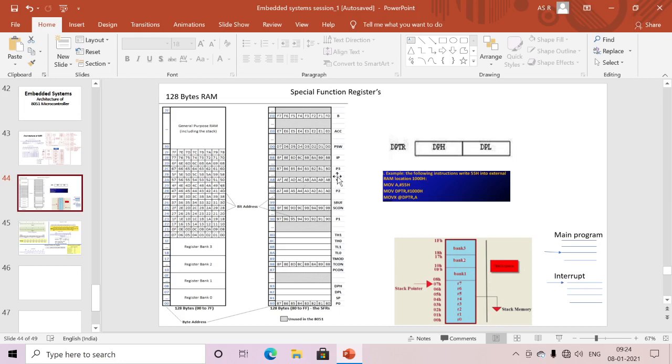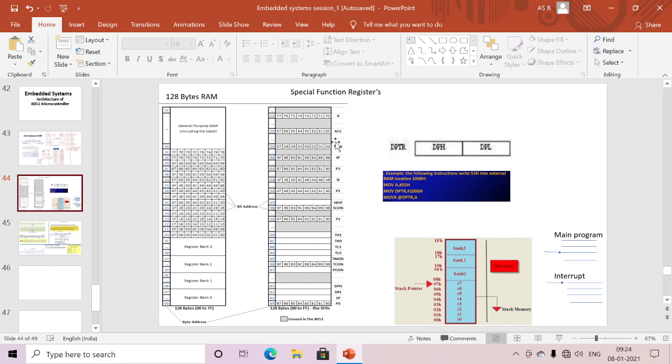And here is the interrupt enable register. If I want to enable a particular interrupt, we have five interrupts, right? We can use this interrupt enable register. Here Port 3 we can access as bit as well as byte. And also here IP, interrupt priority. For example, if I want to change the initial priority, I can use the interrupt priority register.